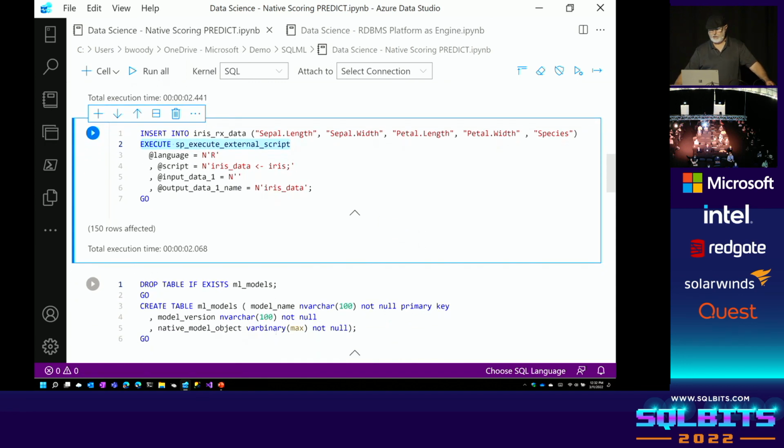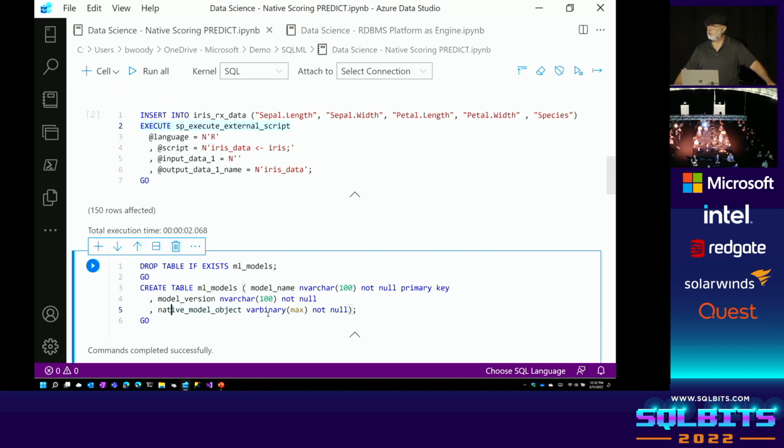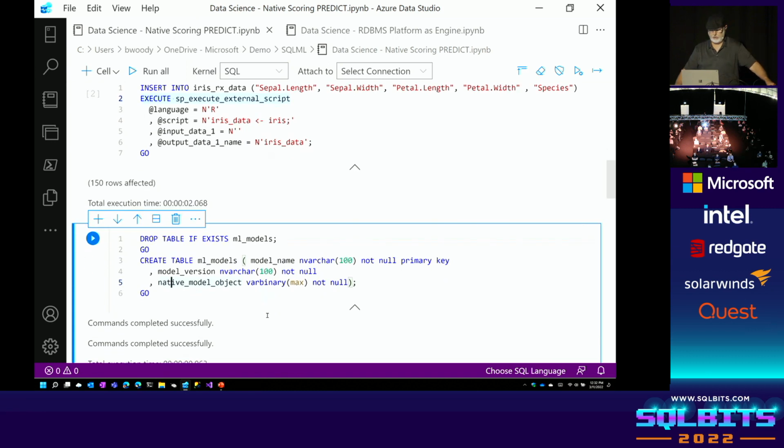First of all, I'm going to go create a table called ML models, machine learning models. And I'm just going to get a model version, and a binary object of the actual trained model. This is the training stuff we're going to do. When we're done, we've got that little Excel formula, that thing, that's a model. So I need somewhere to put it, because I'm going to use it later. The great thing about this is I'm going to stuff it right back in SQL Server, because sometimes you create a model, it works great, and then it starts to drift over time. So you improve it. You can store it again and have a version number, because you may want to go back, or go back to see what you did wrong, and so on. All right, so that's all that is.